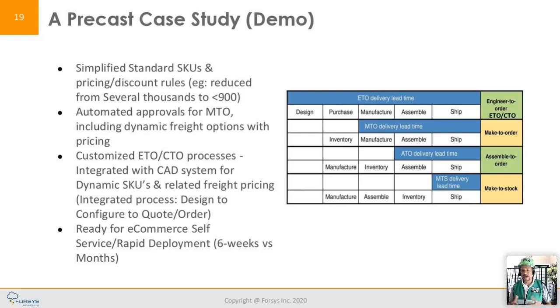So we have built some automation around the integration for the complex areas, such as the configure to order or even the engineer to order, and we're bringing some new technology embedded into ours that allows our customers to not only see a shopping cart experience, but also see a visual experience on how to configure this. This is specifically for the precast industry, because the precast industry is very much about a 3D modeling exercise. You may think that you're trying to buy something off of the catalog, but you can't see it, you can't visualize it, you can't rotate it.